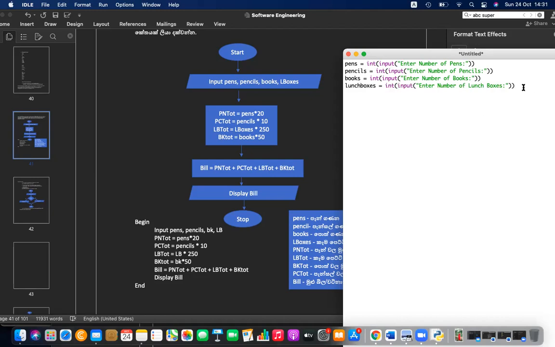So then how to find the value? Let's say pen total. Just write pen total, pencil total, then books total, lunchbox total.